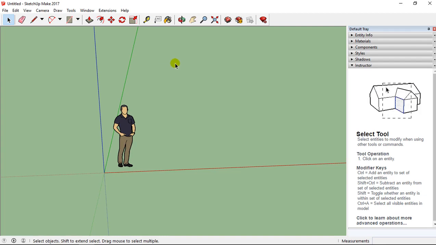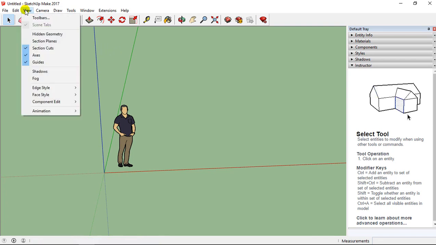When you start on SketchUp, the first thing to do is to set up your toolbars. When you start, you have just these different tools at this level, and you have just this tab, and you can change that. I'm going to show you how to change that, and I'm going to show you what is the best preference. So you go on View and you have Toolbars.